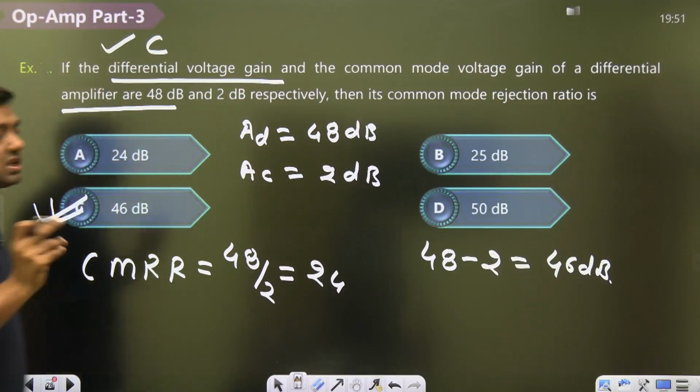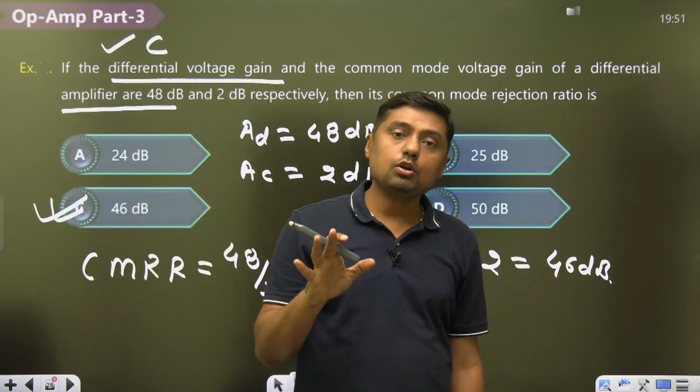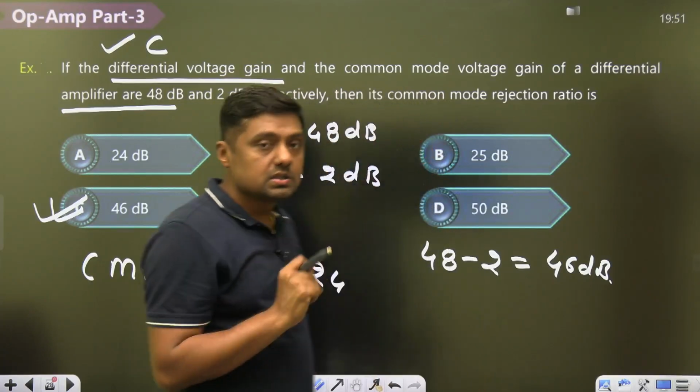Here we are making a general mistake. So remember, if it is given in dB, subtraction. If it is given in normal number, then division. Second question,